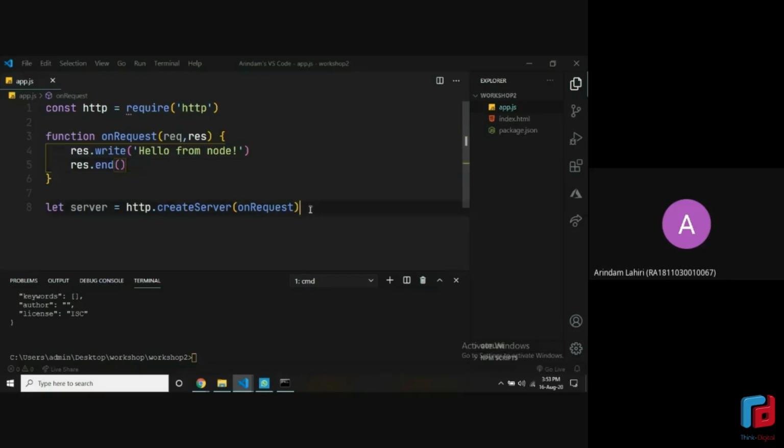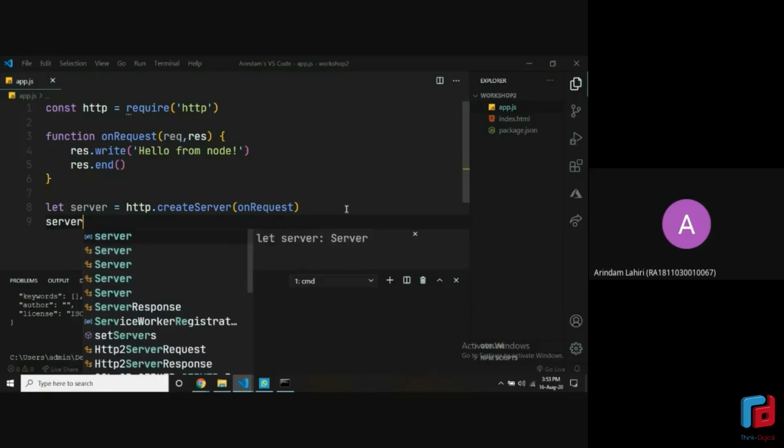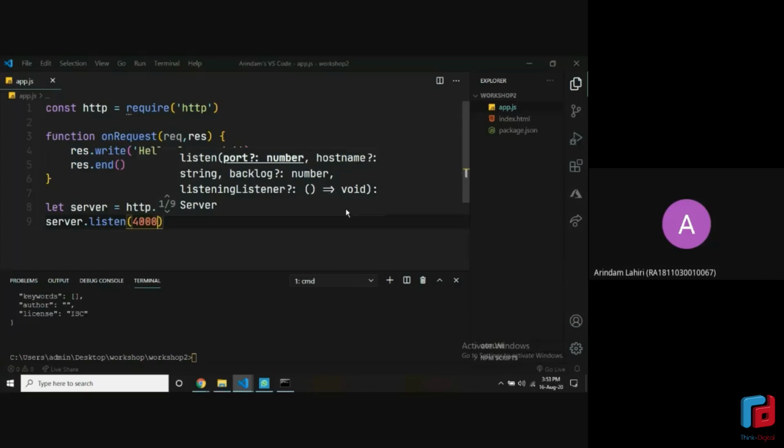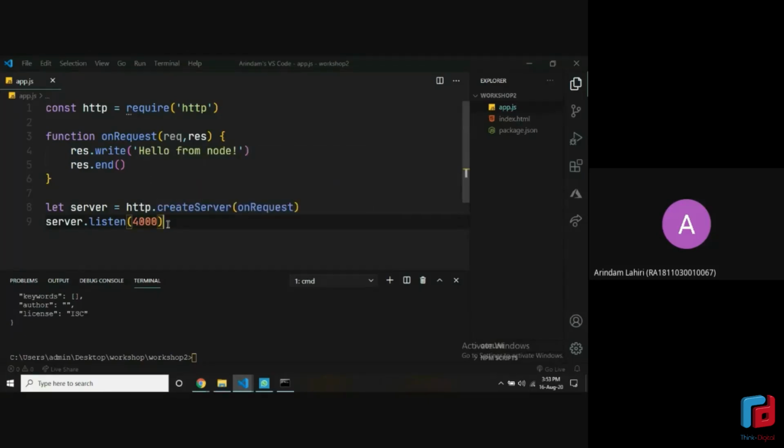All right. Now this server variable that we just created, we need to make this run somewhere. So how do we do that is, we write server.listen and give it a port number. Now think of port number as if you think of a ship harbor. All right, there are different ports for every ship. Every ship has a designated place where it can go. Similarly, our computer has thousands of ports, and we can tell it which port to run on. Our server needs a port, and we tell it to run on 4000. That's what this line is doing. We are telling the server to listen on the port 4000.